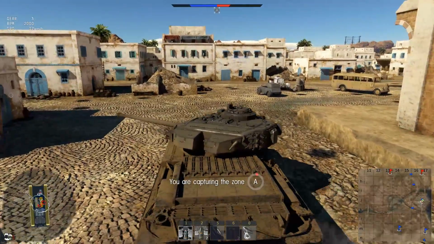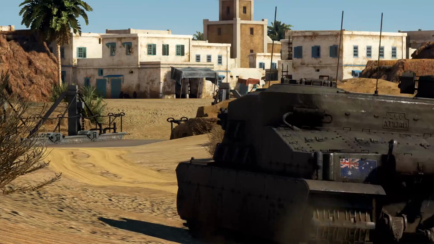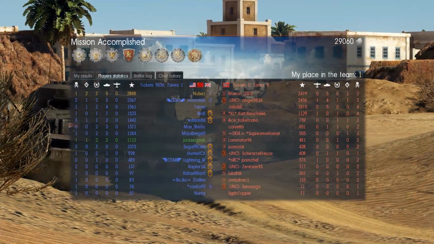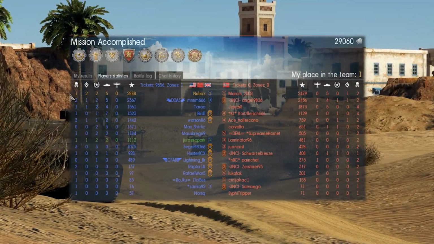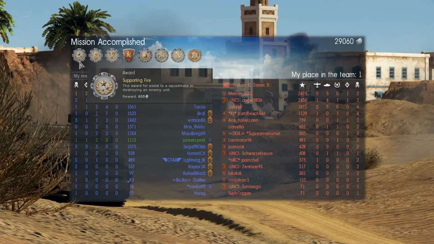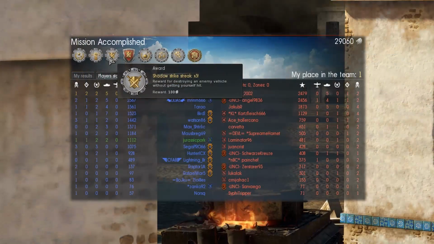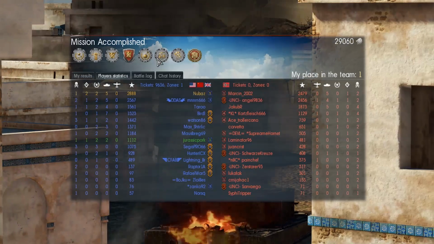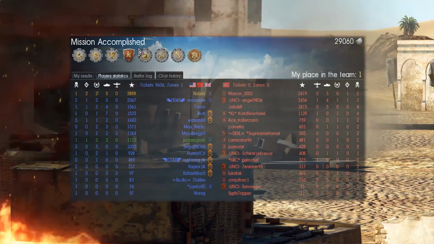Let's flick through to the results screen. So the results for the match. We come in first place with 2,888 points, 5 kills, 2 assists, 2 base captures and 1 death in the Tortoise. We get Supporting Fire, Eye for an Eye, Shadow Strike Streak X3, Tank Rescuer, Professional X5, Teamwork, Base Capture Streak X2 and the Best Squad,